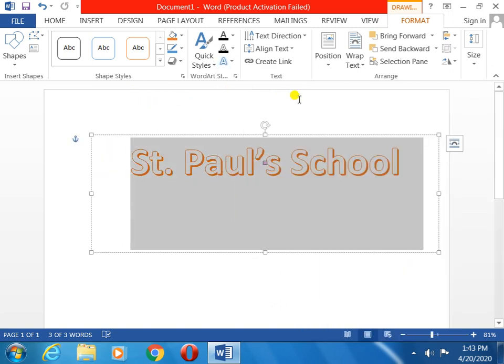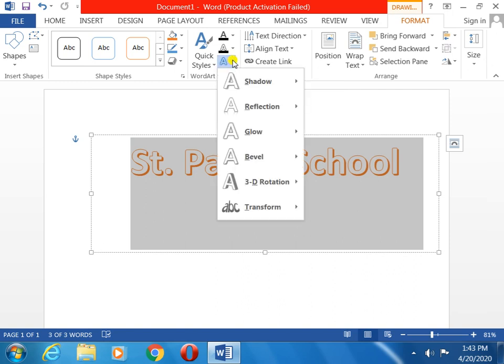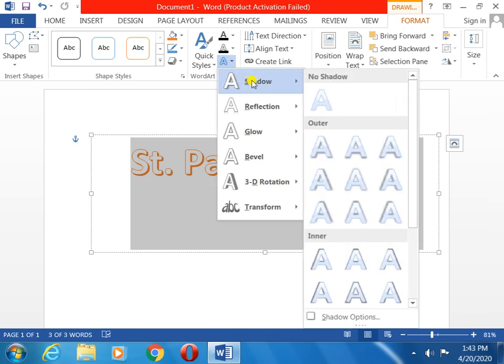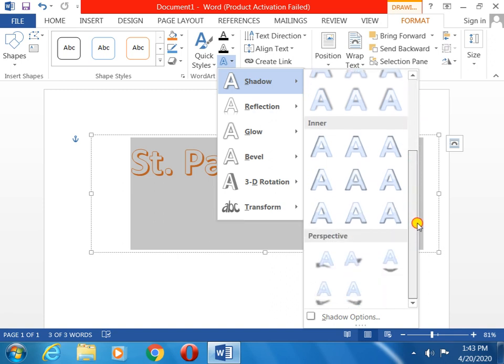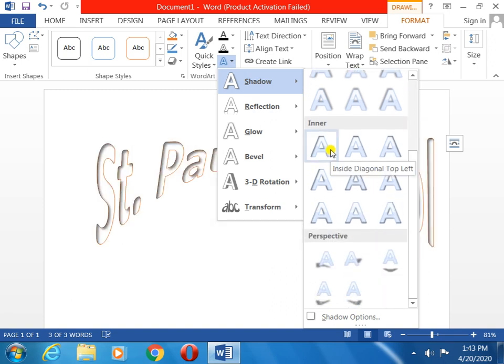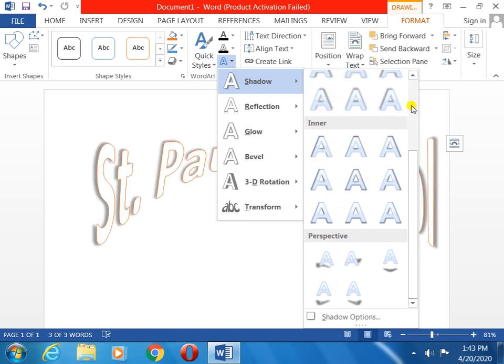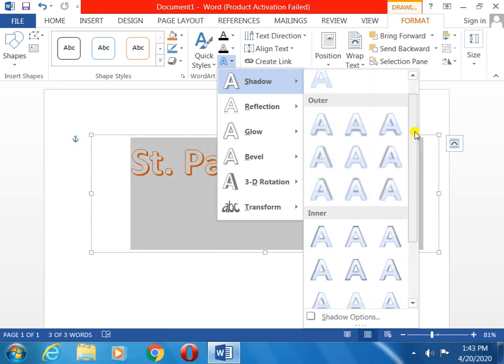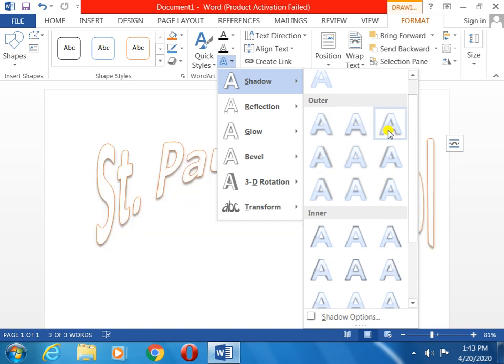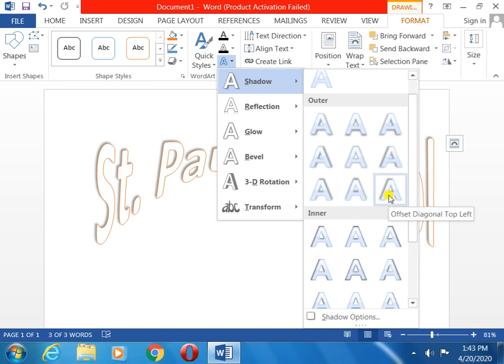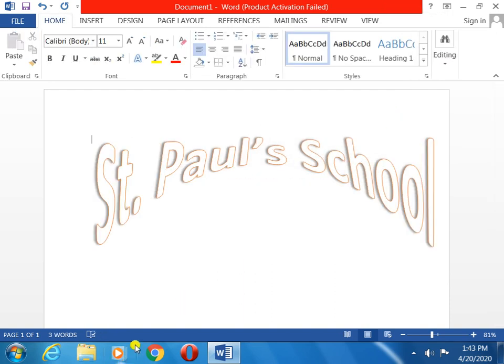Okay, now I will show you the shadow. The first one, shadow. How do you give the shadow? Plenty of shadows are there. Now you can see the back side and the right side also. Inner, outer, plenty of shadows are there. Now just follow this one on your document. Whenever you touch, the shadow is coming. If you touch this one, then the left side shadow is also coming more. So just select any one. Clear? Then click outside, you can see the shadows also came.